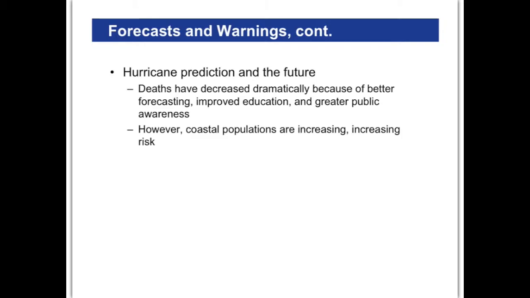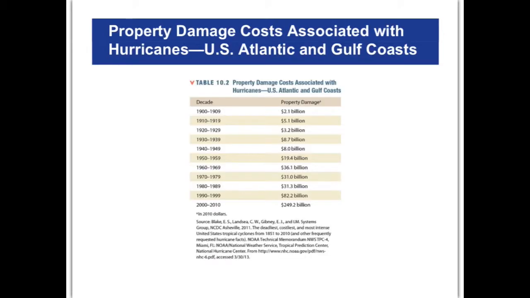So as much as we've gotten better at predicting hurricane tracks and strength and where they're going to go and so on and so forth, that's good, but the downside is the coastal populations continue to increase. The people continue to move towards coasts because, well, it's just pleasing to live there. And so we get better at predicting, but people get better at getting in the way of storms, and so that's kind of the catch-22 right there. So hopefully our predictions will continue to get better, because no doubt people will continue to move towards coastal areas.